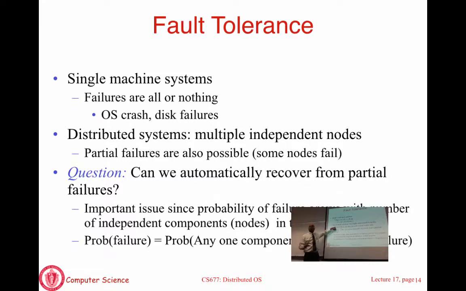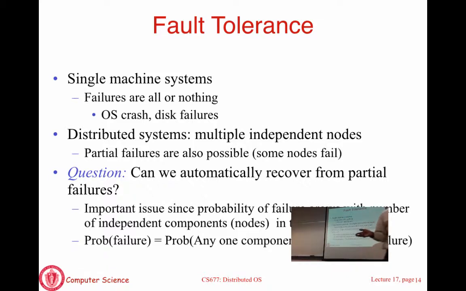But when you have a distributed system, that is no longer the case because you have multiple independent machines in your system. You have a system of n nodes. Now if some subset of them fail, many things can happen. One is that there is no impact on the application. You have designed your application such that even if a subset of the nodes fail, the other nodes take over their jobs. So the application continues to run as if nothing has happened. It may operate in degraded mode because there are fewer servers and less capacity, but the application continues to run.